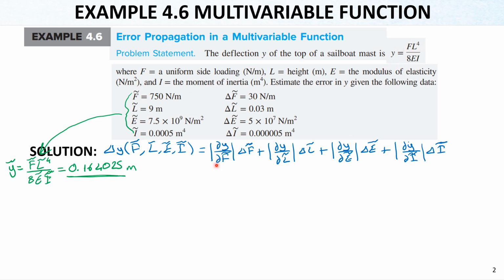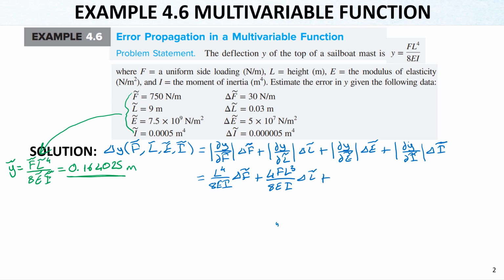So for the first term, we will have the derivative in terms of F. So we will have this F here becomes 1 when we take the derivative. So this becomes simply L to the power 4 over 8EI. The remaining terms can be written because these are assumed constant. The only variable is now F here in the partial derivative. Plus in the second one, L, we will take the derivative in terms of L. So the function becomes 4FL cubed because L was to the power 4, and 8EI, and delta L,